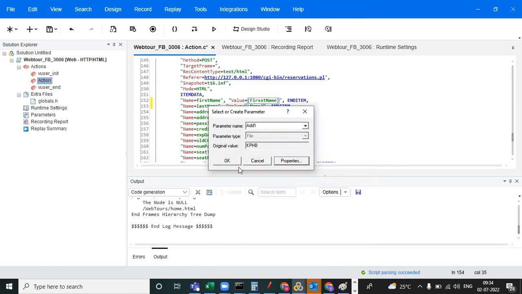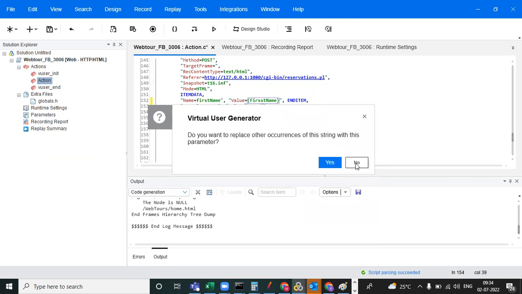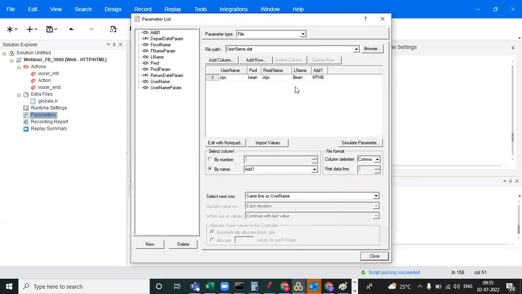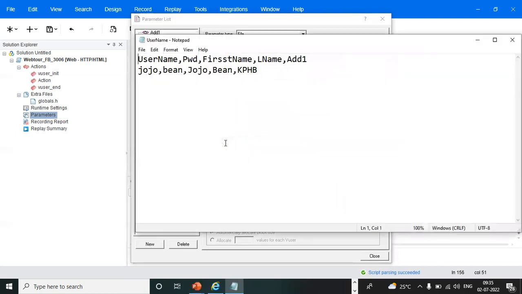Click on this. Like this, we can do the complex parameterization. Now we'll go to the parameters and see all the values coming. If you want to edit, come here, and you need to add the data here. Second data: Jojo 1, comma, B into, comma, and Kiran, so first name and last name Sriram